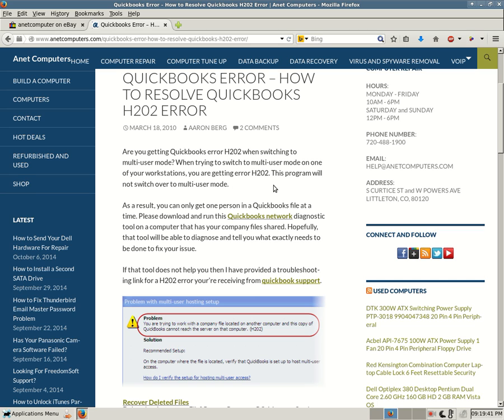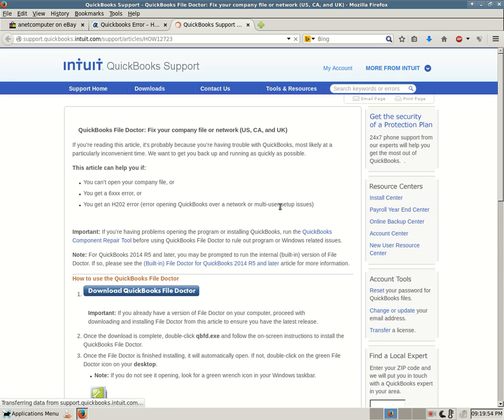Please download and run this QuickBooks Network Diagnostic tool on a computer that has your company file shared. Hopefully that tool will be able to diagnose and tell you what exactly needs to be done to fix your issue. So let's go out to that web page from